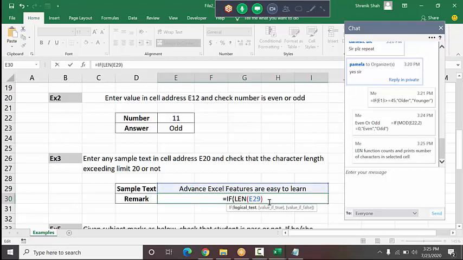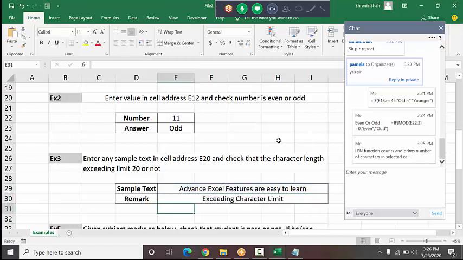If it is greater than 20, that is my condition. I give a comma and type exceeding character limit, since only 20 is the limit. I complete the bracket and press enter.